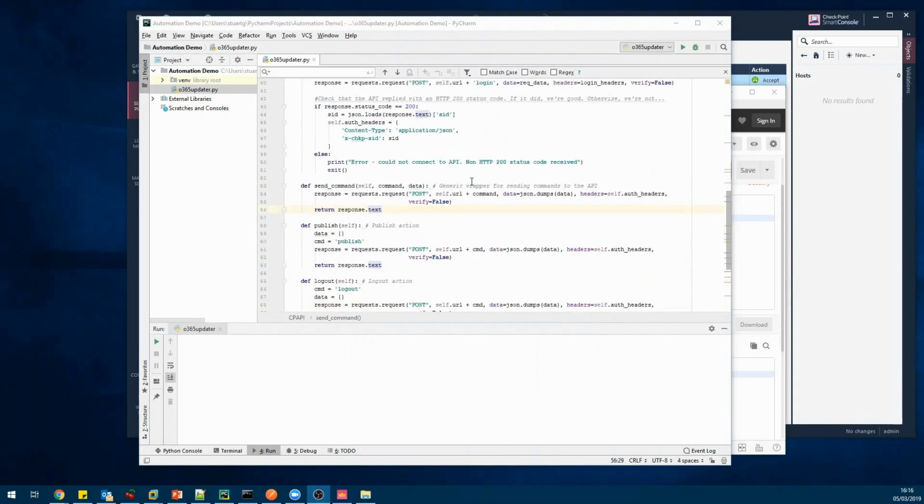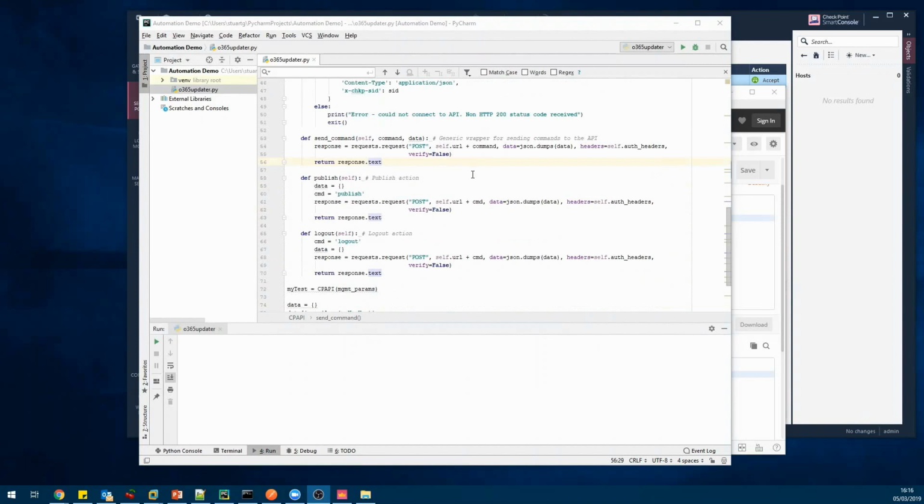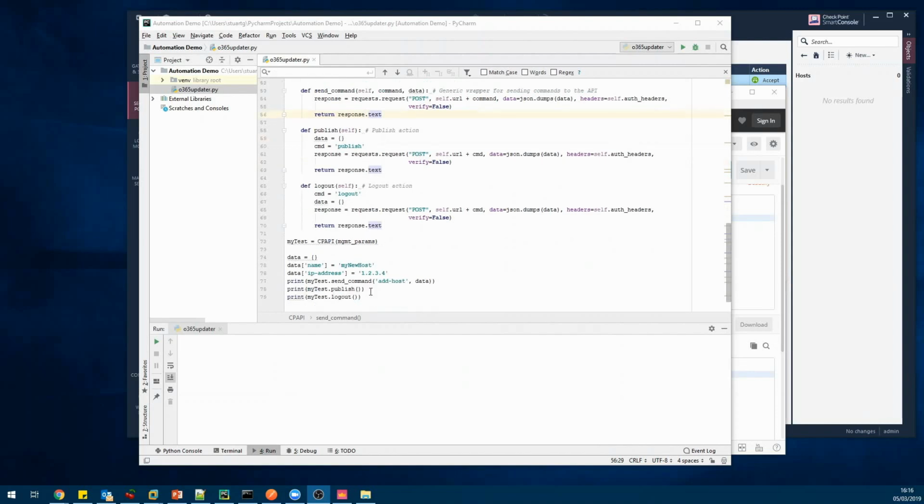After that big section of code, hopefully you're still with us and following, we've got three somewhat easier to understand functions built into our class. Send command is a basic wrapper for sending other commands to the API. So all you need to do in your code later on is specify send command, what the command is, and what data you want to send to it. So in this example it's add host, and the data is going to be name, my host, IP address,